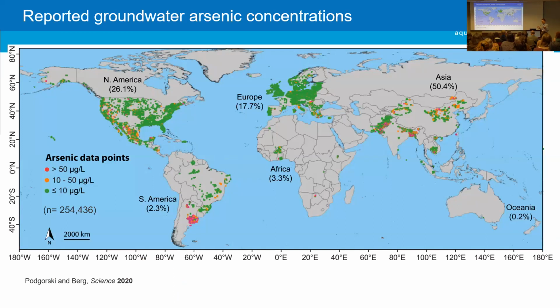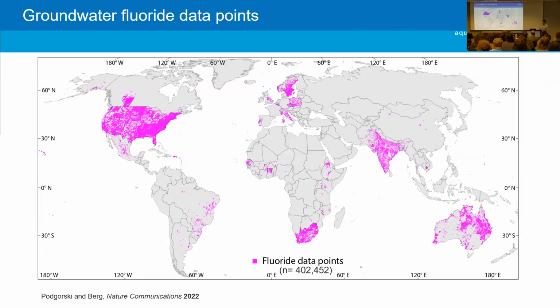So, talking about filling data gaps, right? This is a compilation of data of arsenic in groundwater that we did in 2020. Just of existing data, from published data, from national sources, what we could get our hands on. Of course, there are more data in existence, not necessarily available or easy to find. Anyway, this highlights that we have high concentrations of data in some places and little to no data in others. So that was arsenic, and then fluoride looks similar.